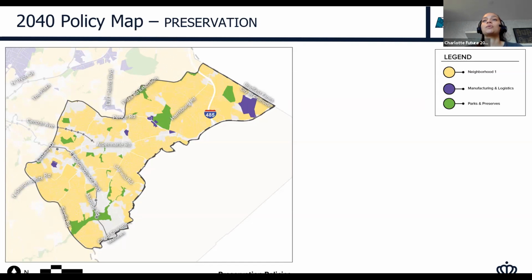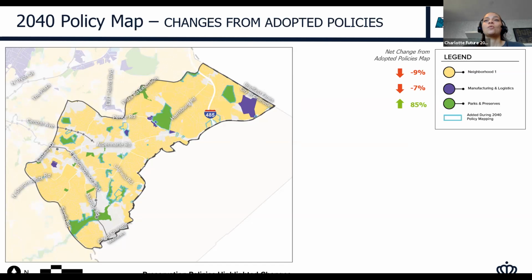And those 3 place types are your neighborhood 1, your manufacturing and logistics, and then your parks and preserve. So this is what we started with. This is the baseline map. Once we mapped the changes from the adopted policies, you see a decrease in neighborhood 1 and your manufacturing and logistics, but an increase in your parks and preserve.